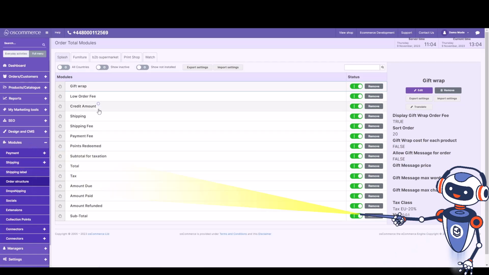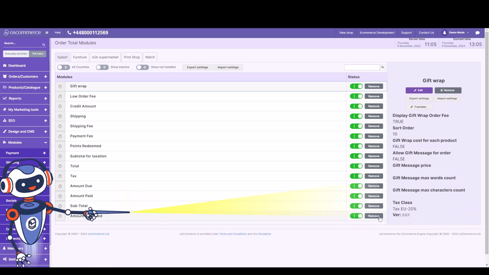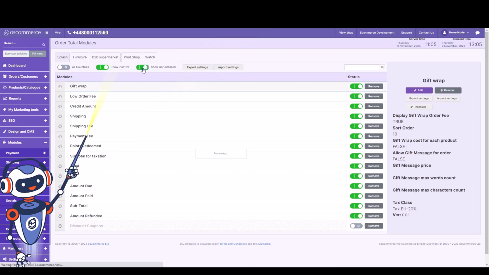Here, you'll discover a comprehensive array of order structure elements. Tailoring each module to specific sales channels ensures a personalized experience for your customers. Effortlessly manage modules by rearranging them with the drag-and-drop function, toggle their status, and remove unnecessary modules to simplify the order process. Utilize the quick search, import-export settings, and display inactive and not installed modules for enhanced control over your